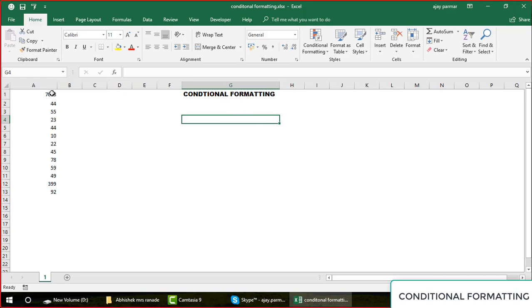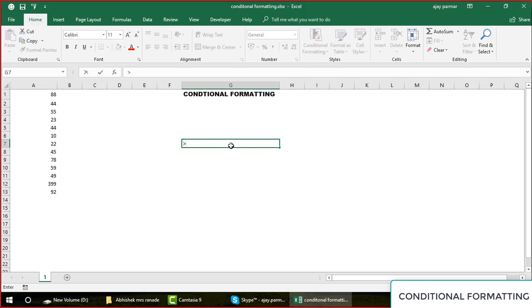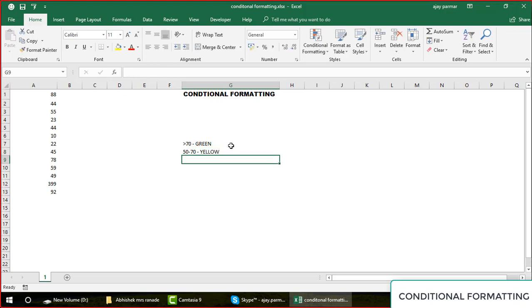We want to say that any cell value, if it is greater than 70, it should be green. Any cell value which is between 50 and 70, I'm saying between, which means 50 is also included, that should show as yellow.